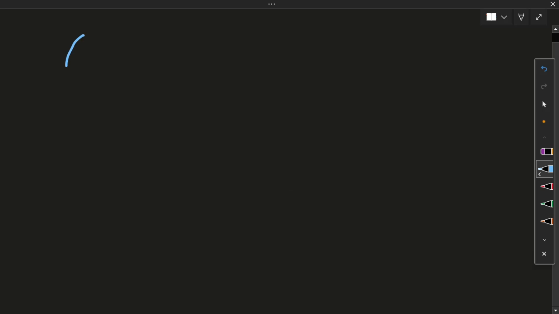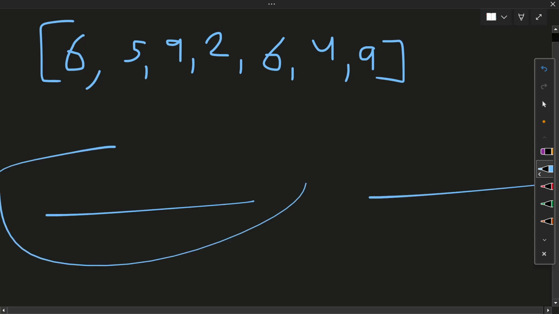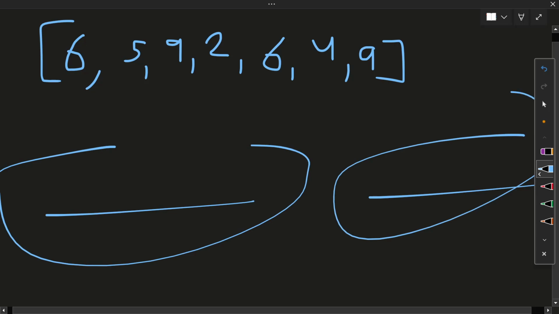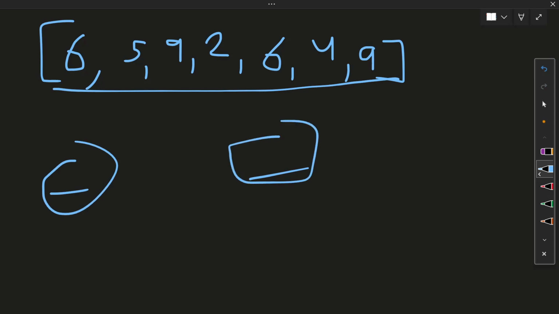So let's build the approach. Suppose we have this array: 6, 5, 9, 2, 6, 4, 9. We have to create two numbers, number 1 and number 2, and the summation of those two numbers has to be minimum. So how do we find that? To make two numbers whose summation will be minimum, we want number 1 and number 2 themselves to be minimum.